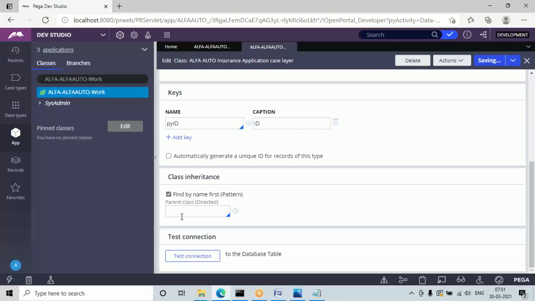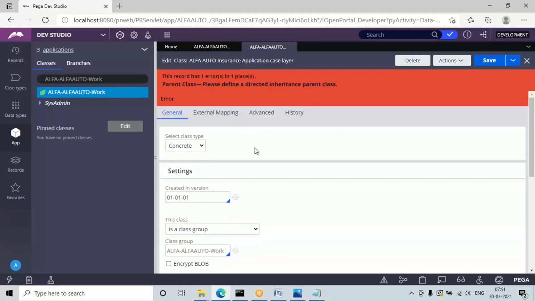If I remove the class name, it is going to throw an error, because without giving direct inheritance we cannot save the work layer. If we are unable to save the work layer, we cannot do any design in the work layer.